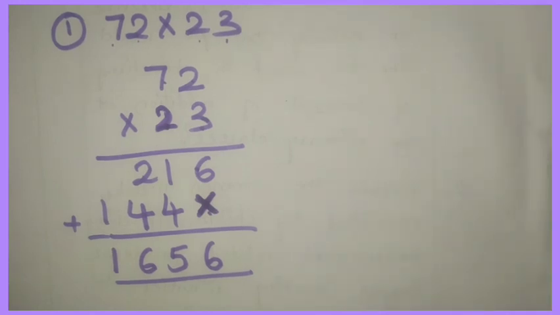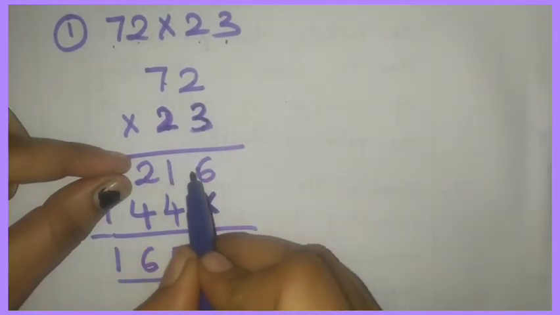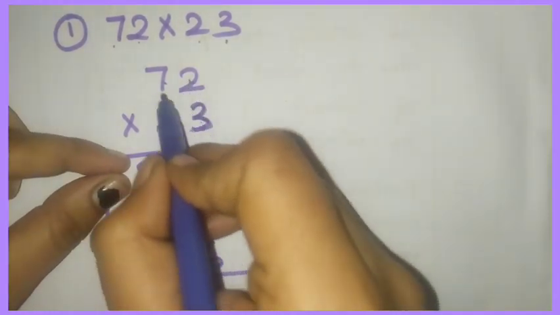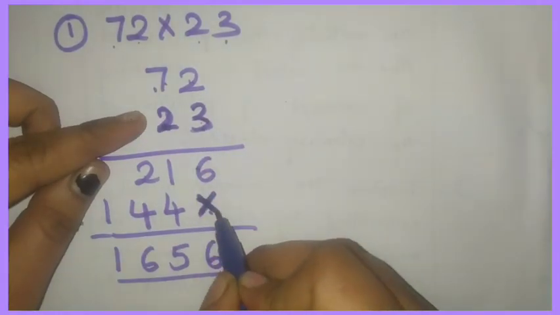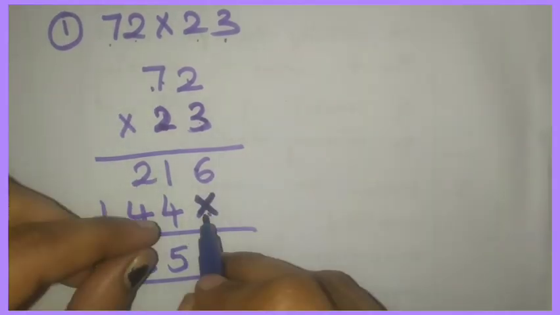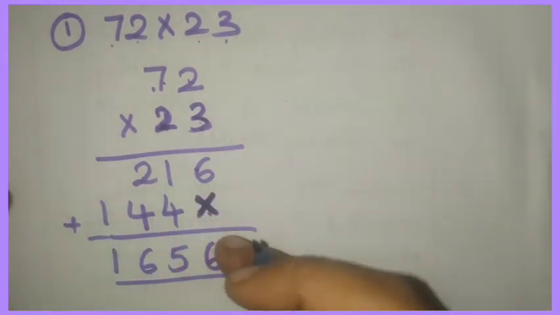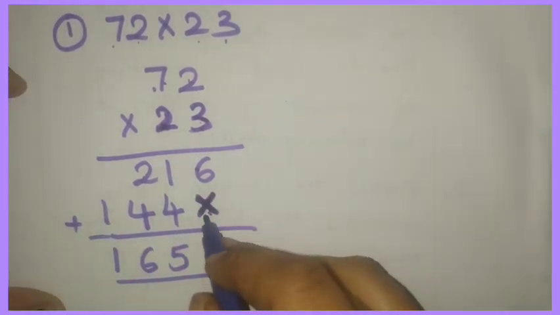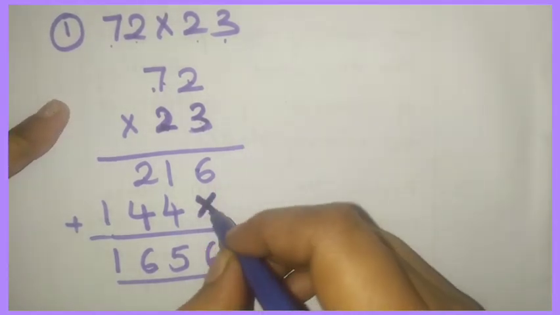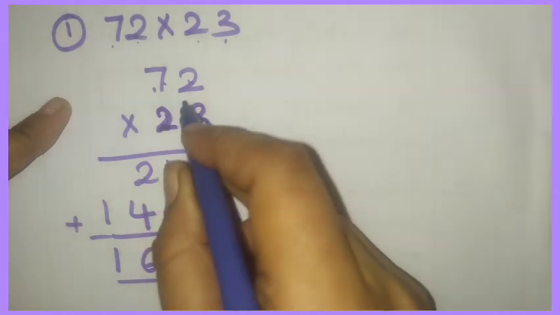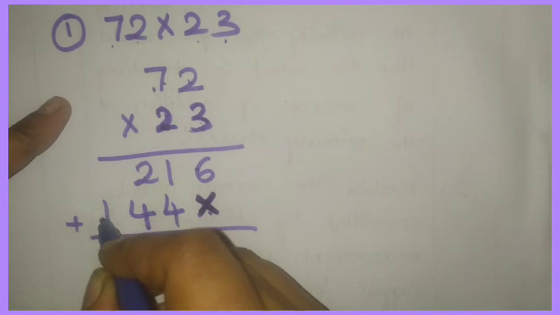Very simple, children. Look here, when we are doing multiplication with the ones place digit, we will write directly. Yes, we will multiply these. Next, when we are doing multiplication with the tens place digit, we will draw a cross here, or we can write 0 also. If you write 0, you will get confused. So it is better to write the cross mark. It will be easy. We will start multiplying from the tens place. This is ones, tens, hundreds, thousands.